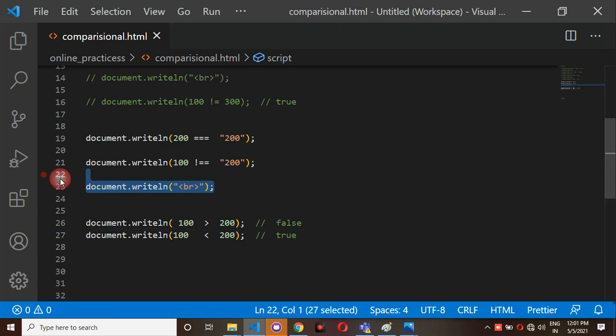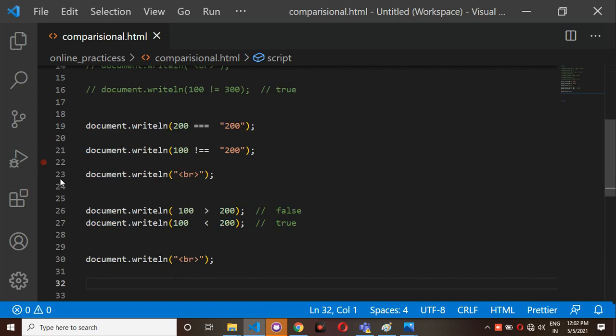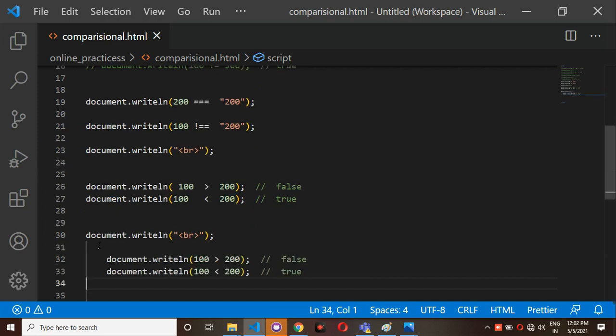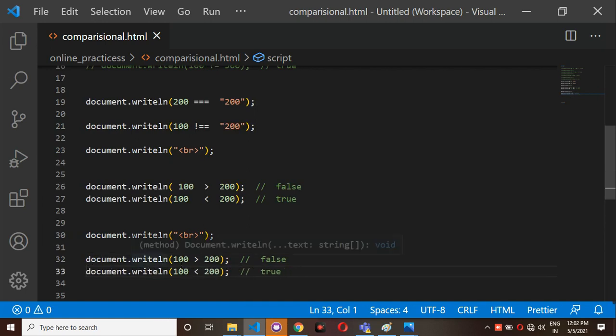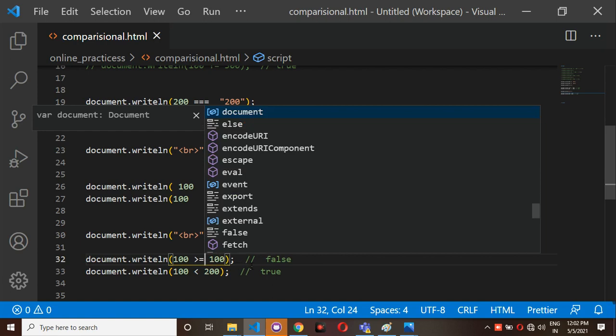In the same way I am going to use less than or equal to as well as greater than or equal to. For example, 100 is at least equal to 100. Sorry, greater than or equal to you are giving.